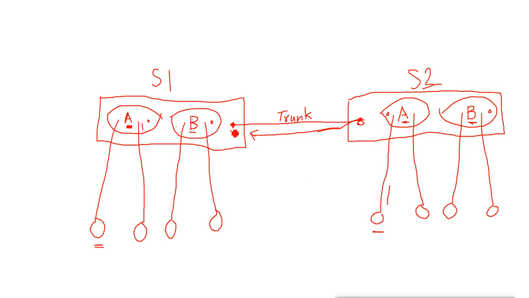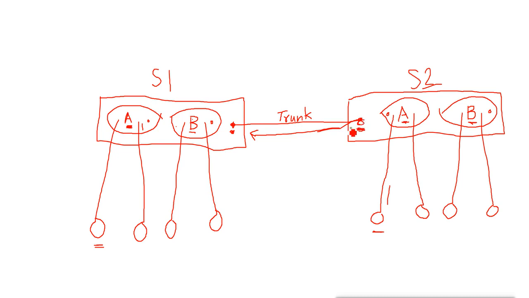It will automatically convert into trunk, if the other side of the device asks for it, because it is desired to be the trunk. Now who will ask this desirable port? The port which is converted into trunk. So if I convert this port into a trunk port, I will give the command switchport mode trunk. That means I have converted this port into permanently trunk. So when it becomes permanently trunk, it will start working as a trunk, and also it will start negotiating.